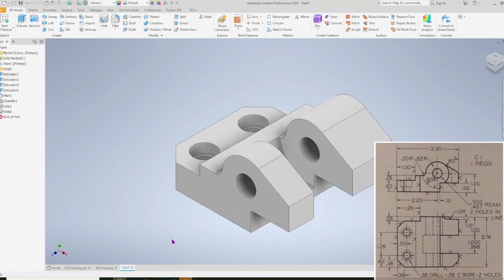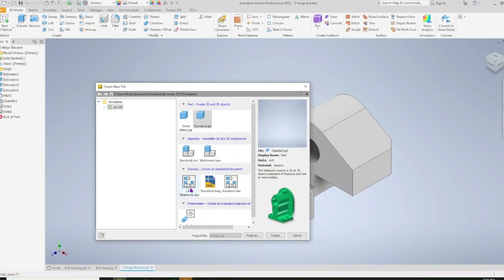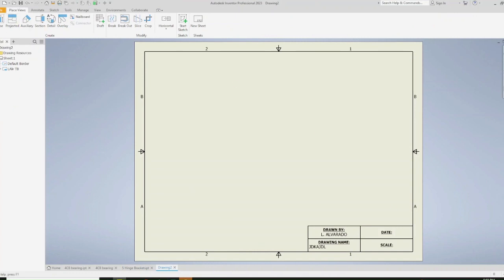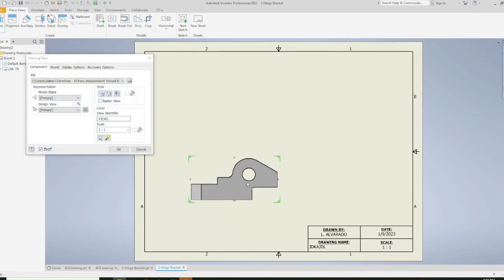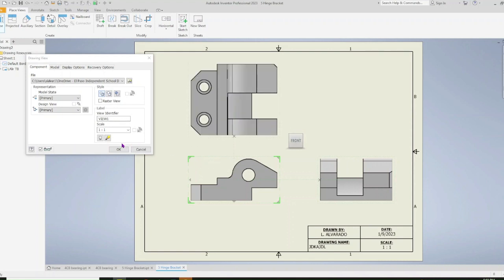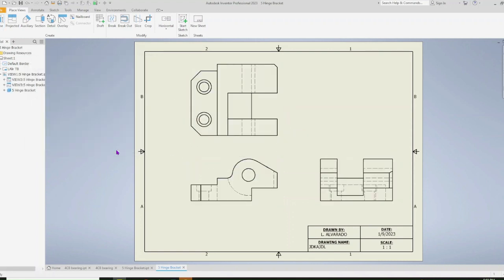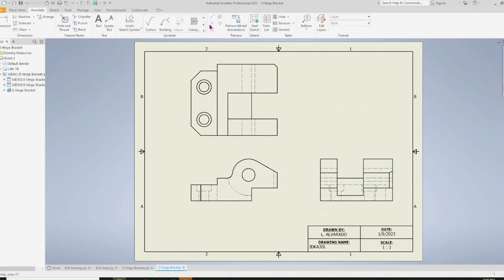So go ahead and save this. Go ahead and create your title block and add your front view, your side view, as well as your top view. Once you have those three views, add your center marks here, here,